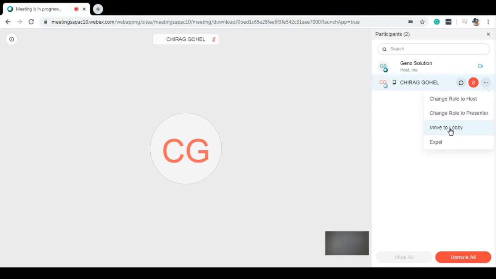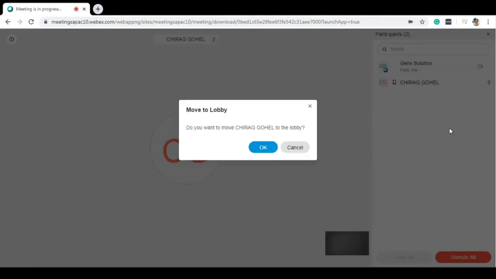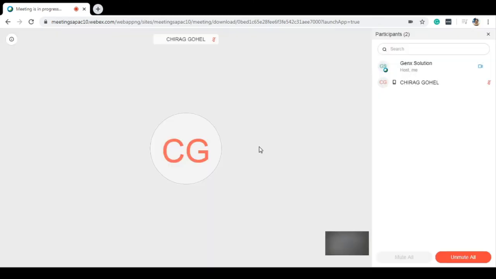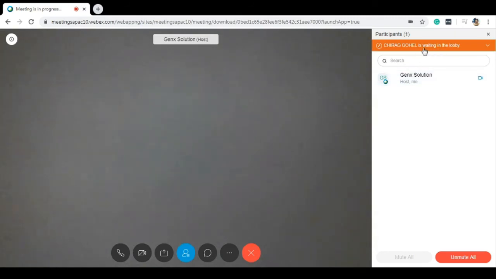Move to lobby. It means if you want the person to be in a waiting area, or if you wish to kick out, that is one of the easy options. If you click on this, it asks for confirmation. Click OK. You can see that the person will go into the lobby. Here it is showing waiting in the lobby.